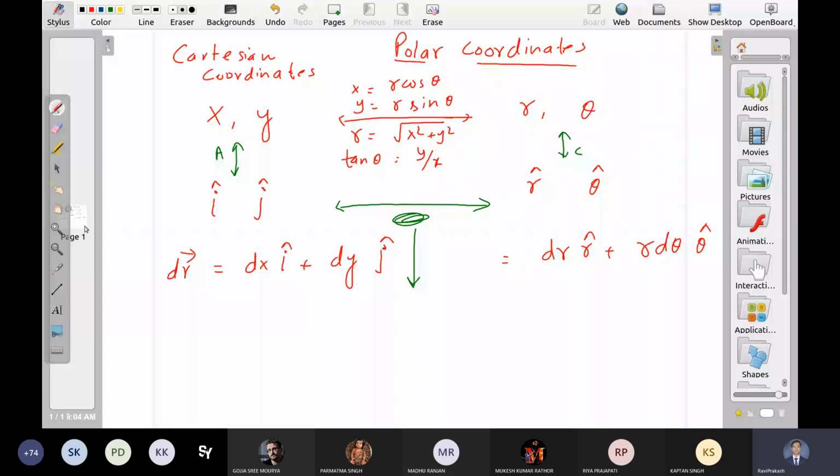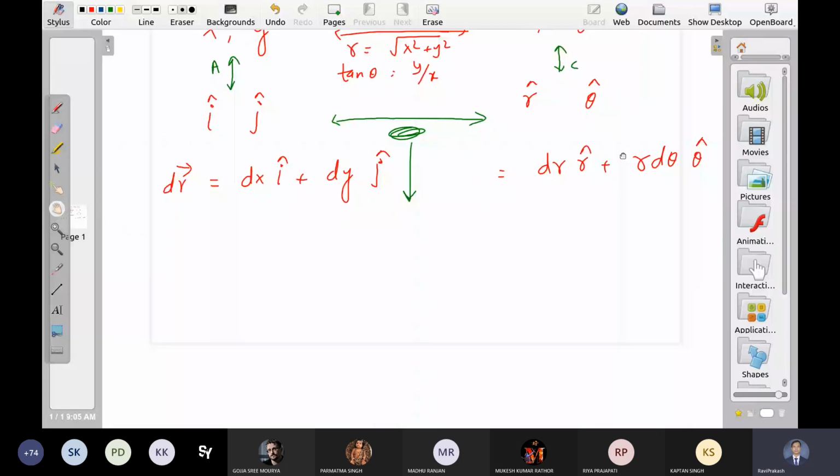So let us draw both the coordinate systems at the same place. Means for xy, this is the x-axis, this is the y-axis, and for polar coordinates, this has to be the baseline, and this origin is common to both, right? So this is the x-axis, this is the y-axis. If we have a point P here,